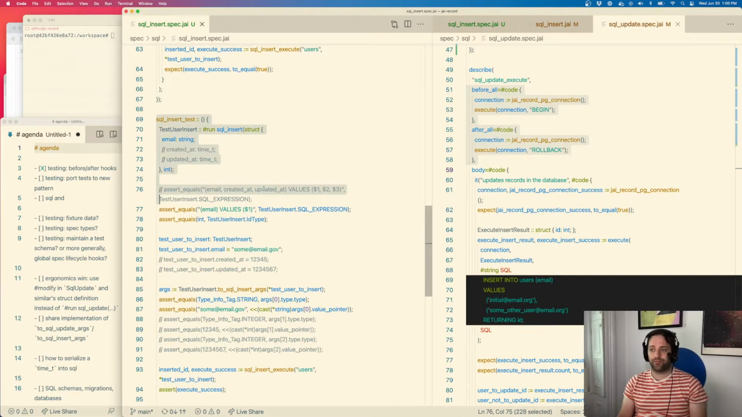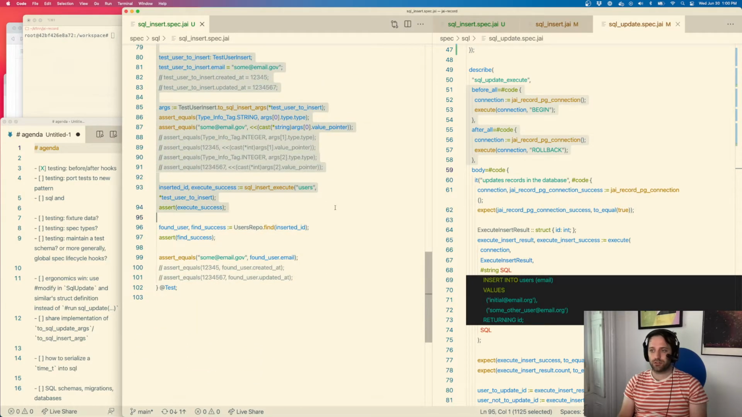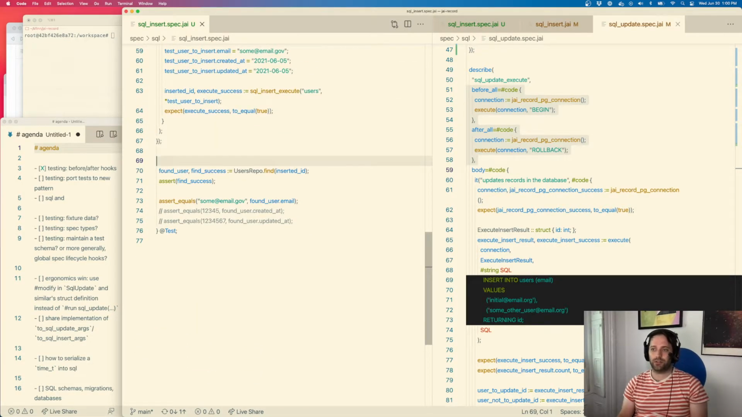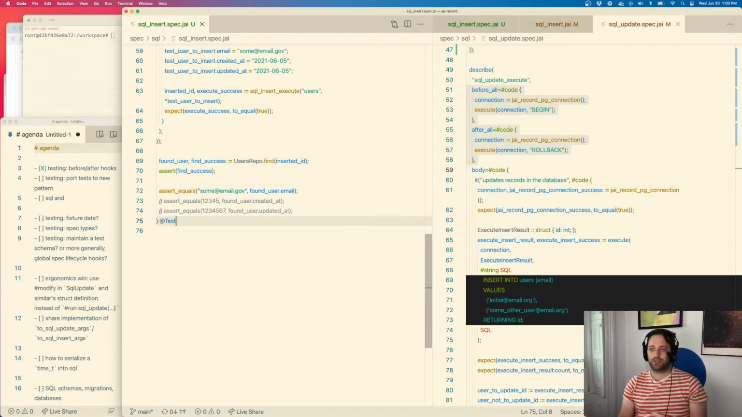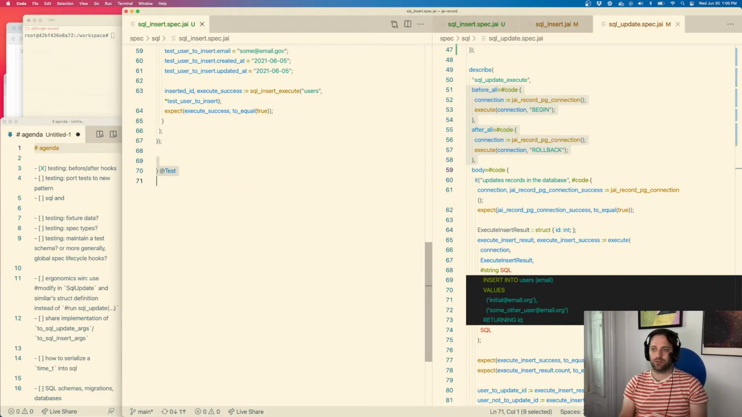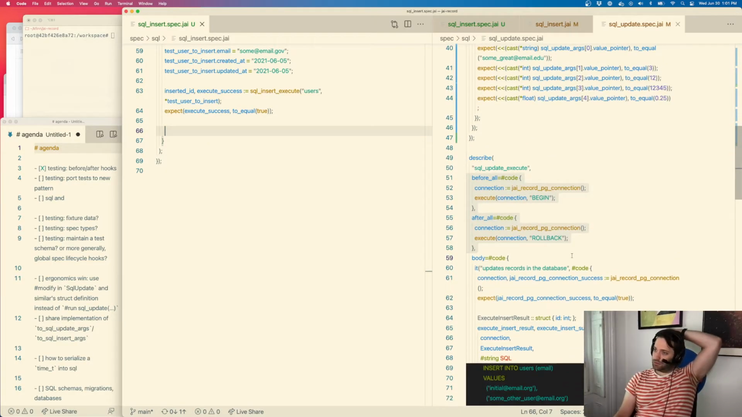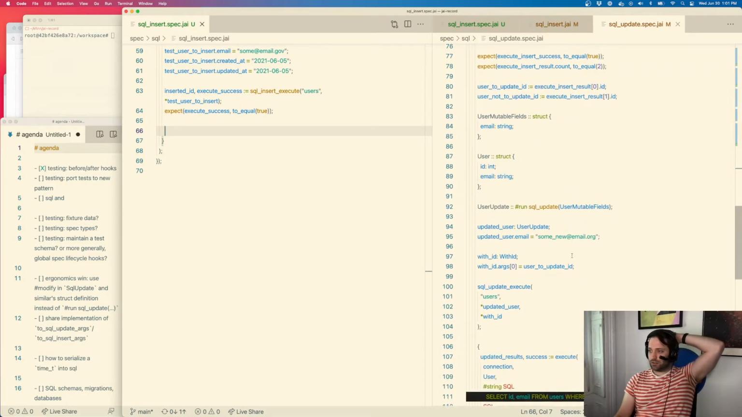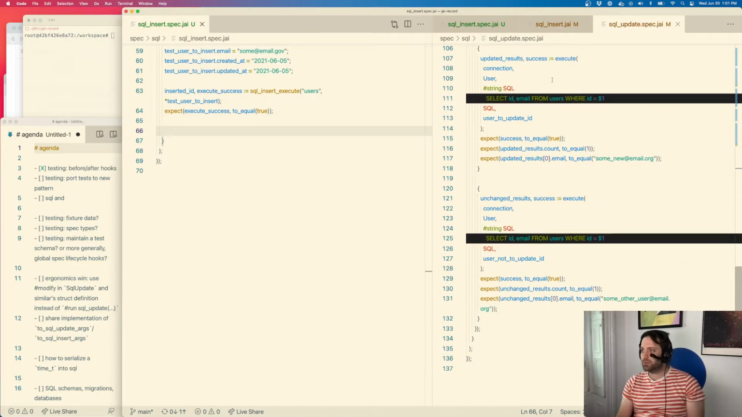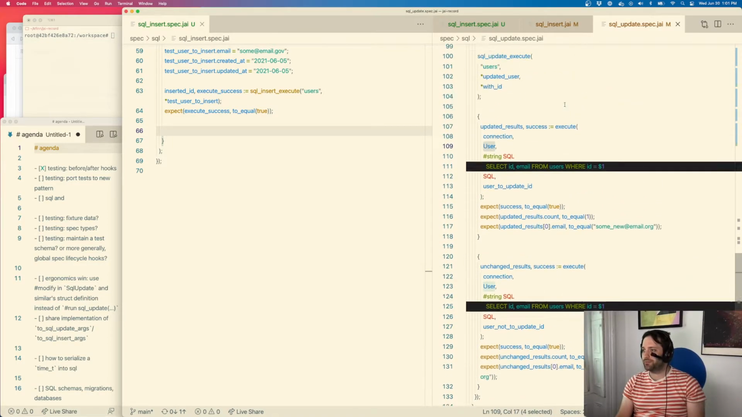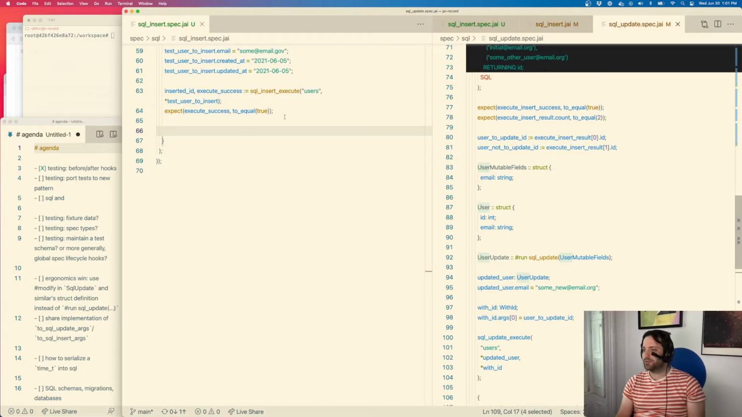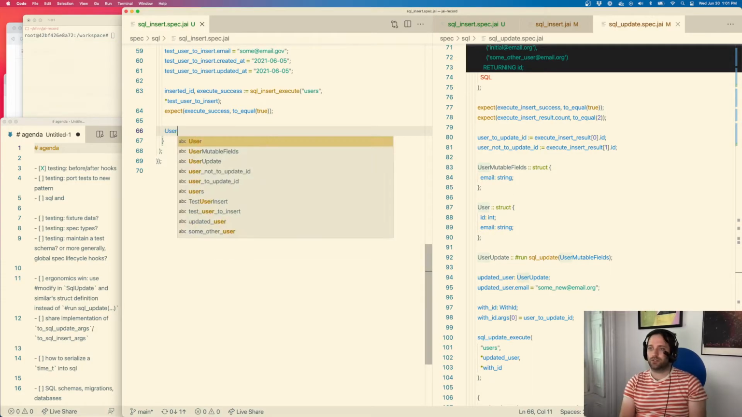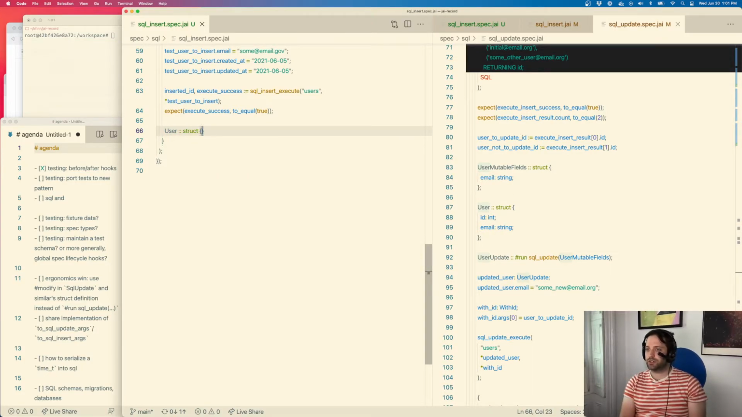Okay. So far so good. And then I'm going to want to find the user and assert some stuff about the user. Cool. I think in finding the user, I probably want to play this game, right? Yeah, let's do that. So user is going to be a struct of ID,